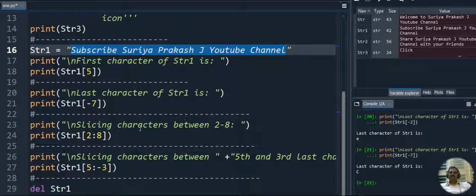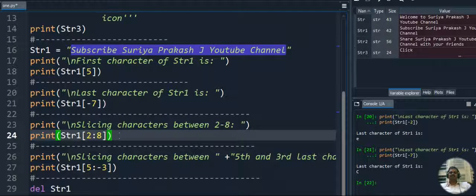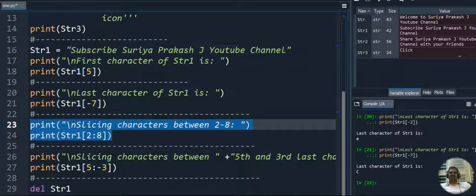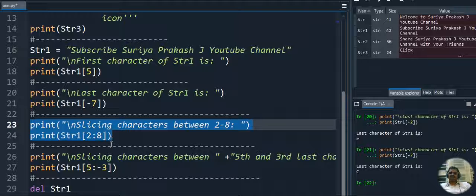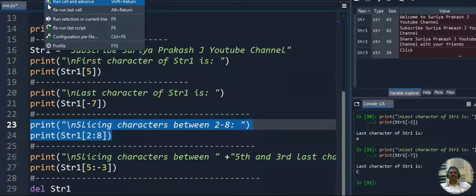We are going to display the second position to the 8th position. So that is the code I wrote. How can I write the code? str1 of open square bracket 2:8 close square bracket, again close parenthesis. 2 is the starting position of the string and 8 is the ending position, so whatever we have in between will be displayed as output.